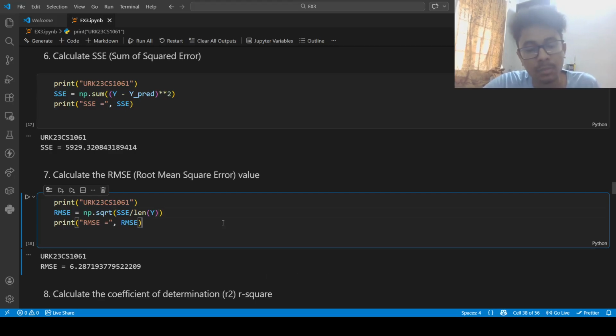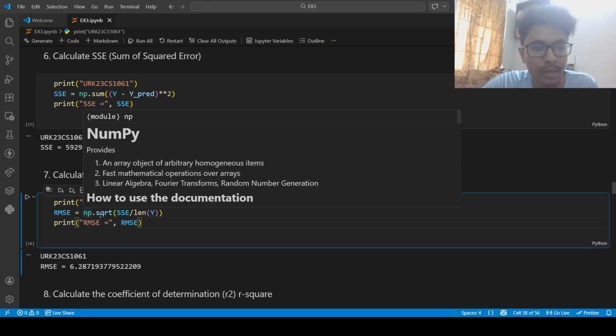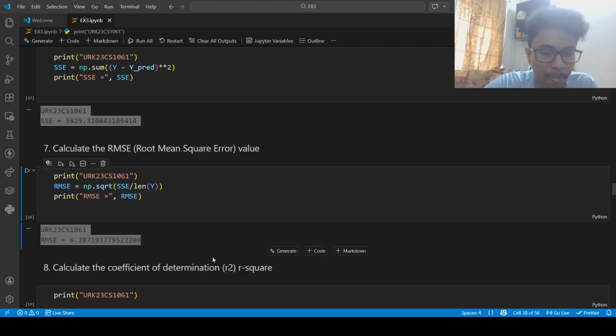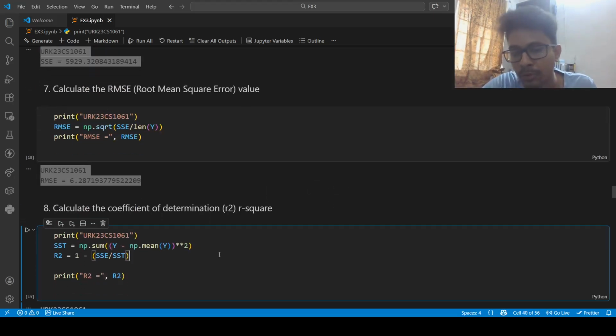And moving further, we are asked to find out RMSE, root mean squared error. So I have again used numpy square root of SSE by length of y. That will give you RMSE. And just like how we discussed before,